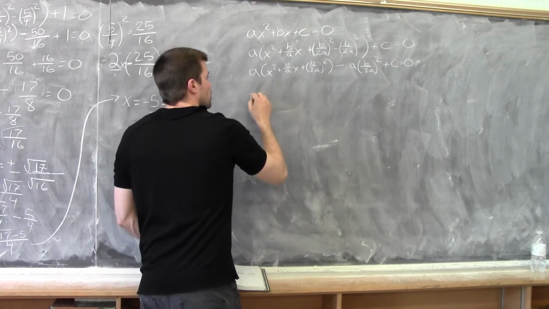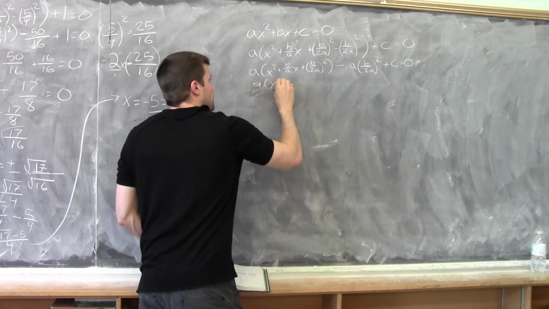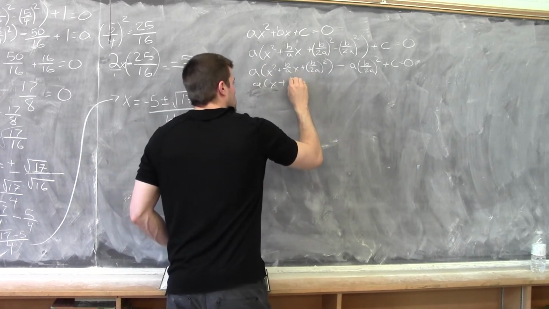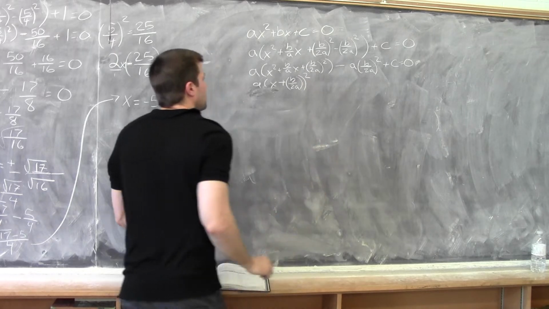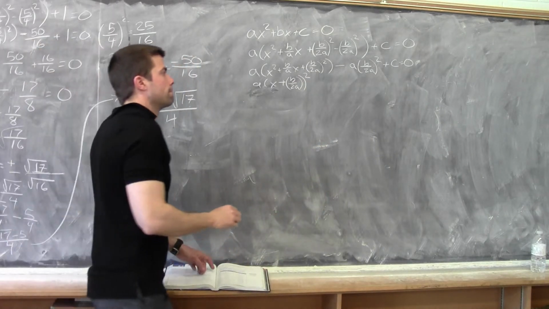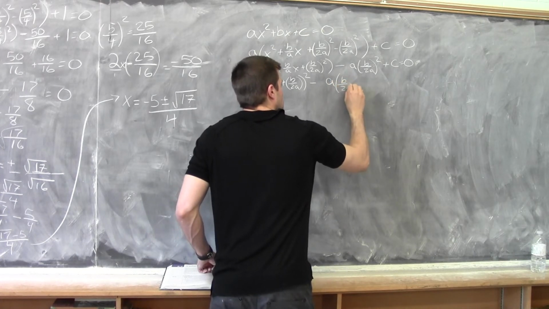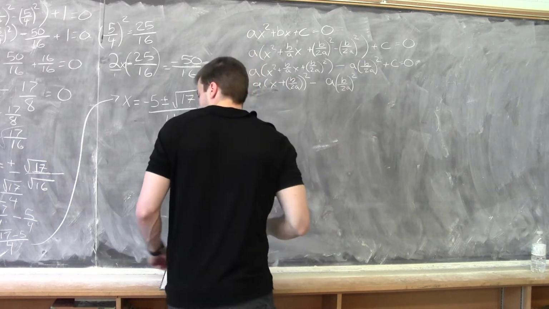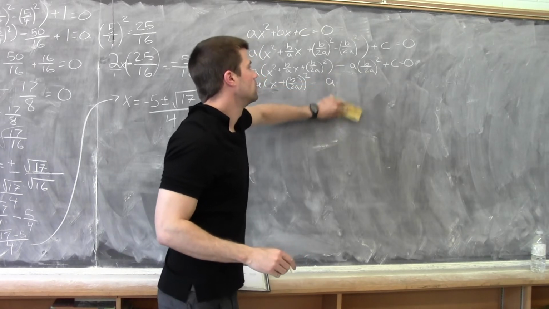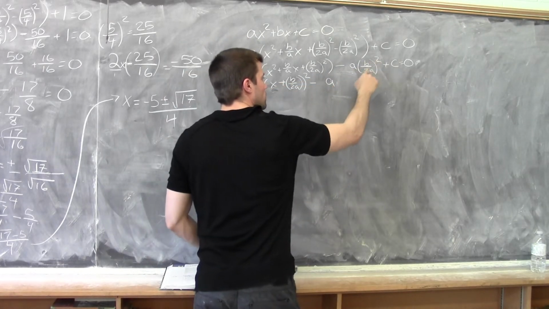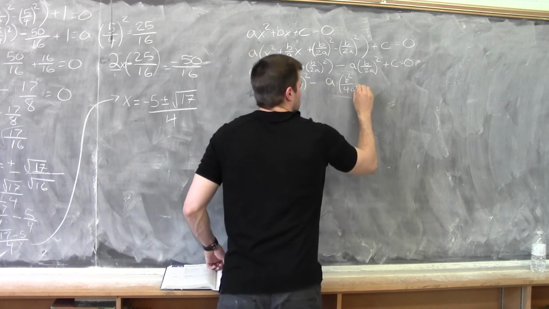Now I have a perfect square trinomial, so I'm going to factor that. This drops down, this is that. So I'm going to distribute this square, so I can combine the a. This square I'm going to apply to both the numerator and the denominator, so I get b squared over 4a squared